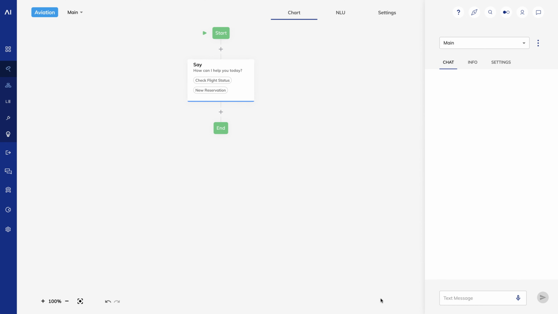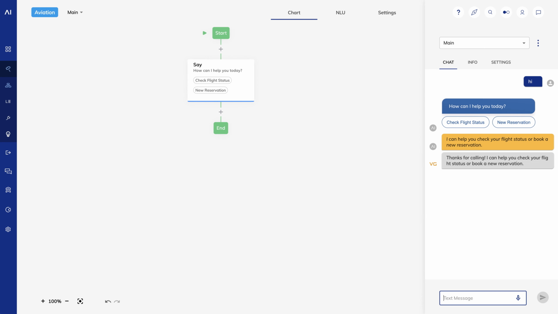Now, if the call is coming in by phone, Cognigy will output this message. If it's coming in through our web chat or Facebook Messenger, it will use the quick replies. And for any other channel that doesn't support quick replies, it will use the fallback text. You'll see these different channel outputs in the interaction panel: the main output, the fallback output, and the voice gateway output.